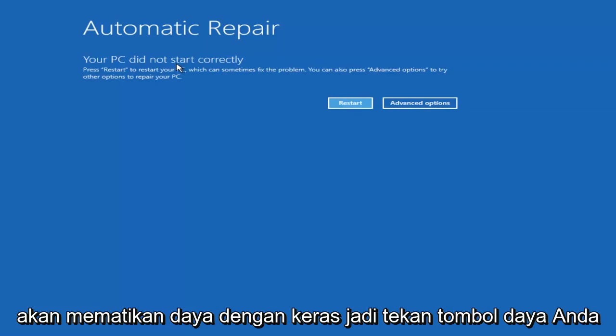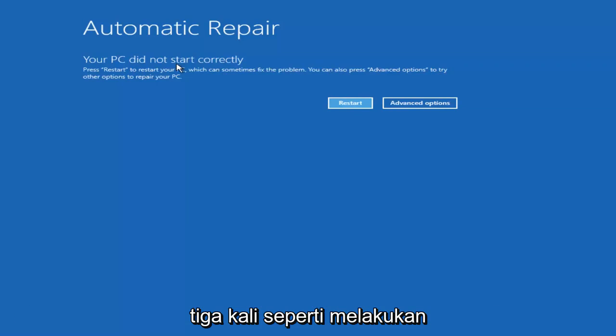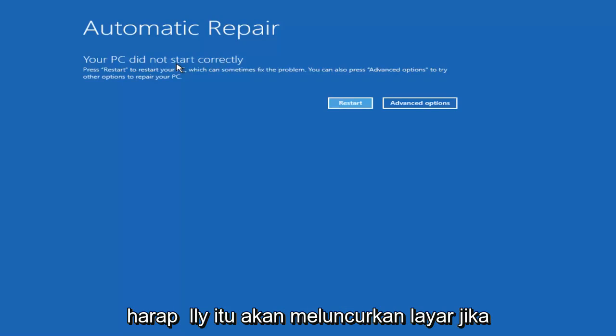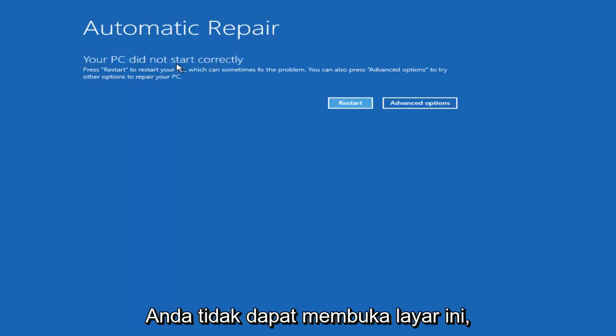So again, you would do a hard power off, so press your power button 3 times, just like do a complete power off, turn on, turn off, turn on, turn off, turn on, turn off, and then hopefully it would launch a screen. If you are unable to get to this screen, you are more than welcome to download the